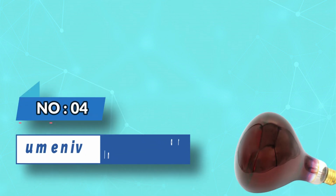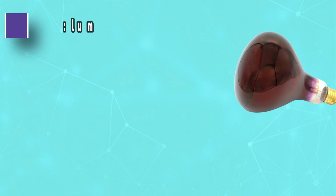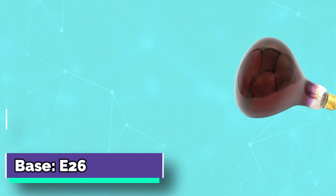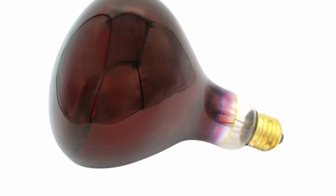Number 4. Luminivo bulbs for near-infrared sauna. The Abby Deep Red and Near-Infrared Combo LED light bulb emits the most powerful therapeutic wavelengths of 660 nanometers and 850 nanometers. Infrared light is invisible to the naked eye, so when using this bulb only half of the chips